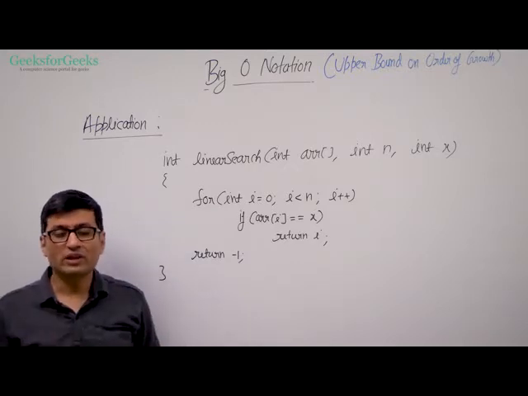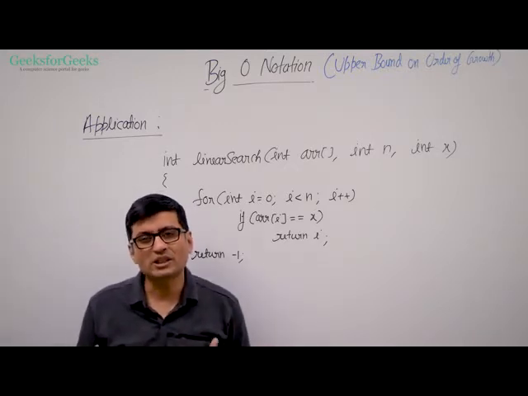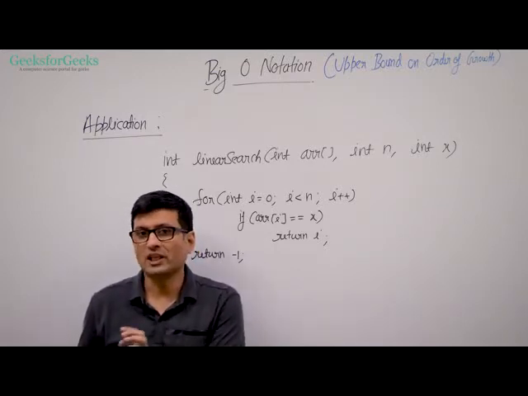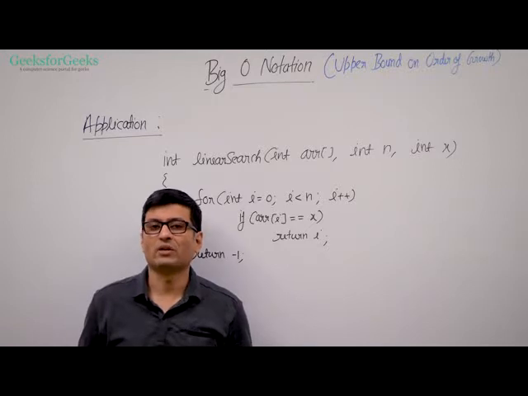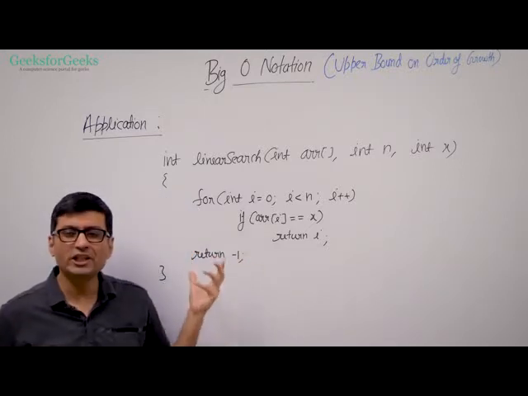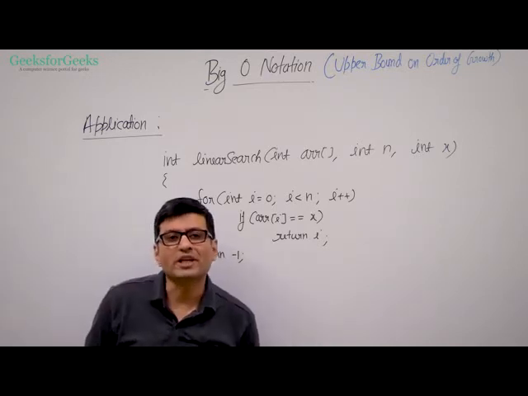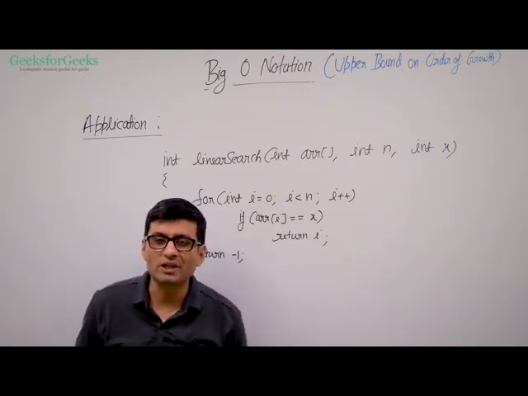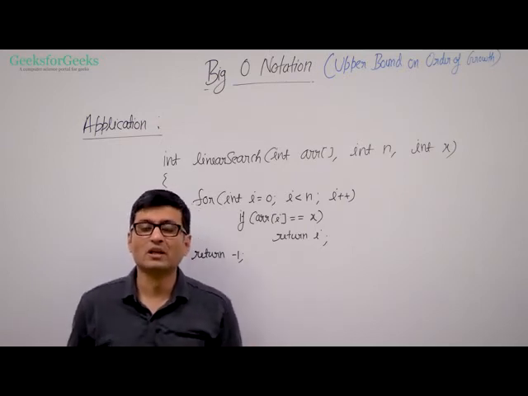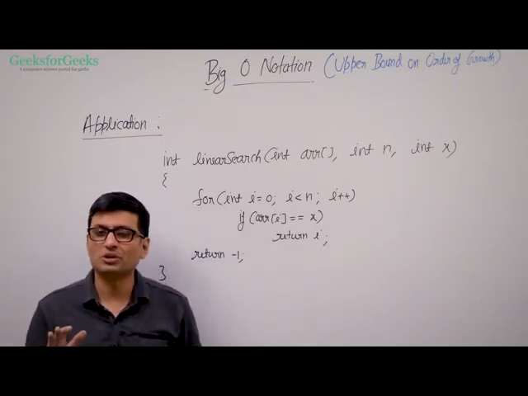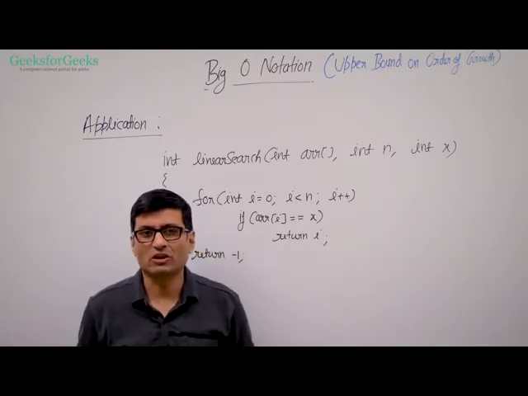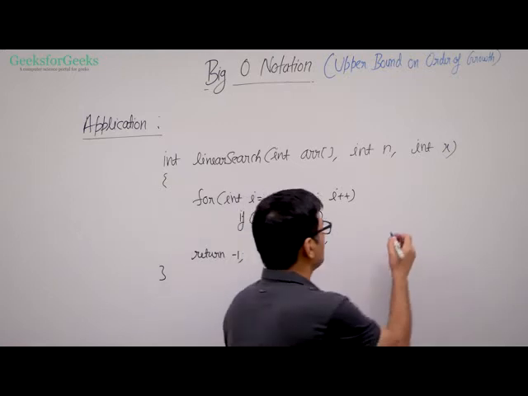So we know in worst case what happens. In worst case, you need to traverse through the whole array if the element is not present. And how much time does it take in worst case? It takes linear time, because you will be comparing x with every element, then you will reach the end, then you will decide it's not present. So in worst case, the order of growth is n. Now, if you want to represent the time complexity of this algorithm, we can say big O of n.